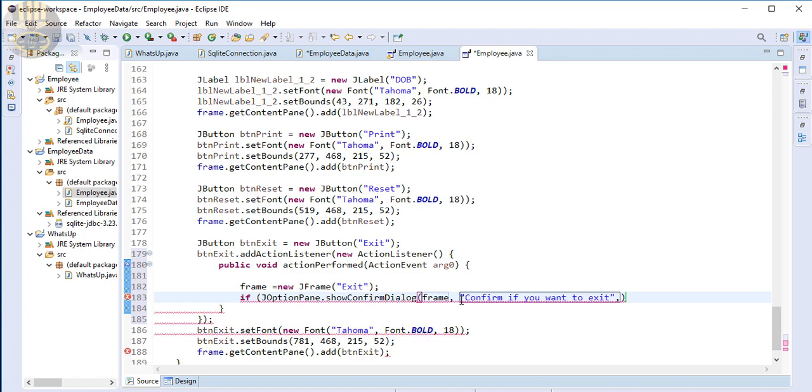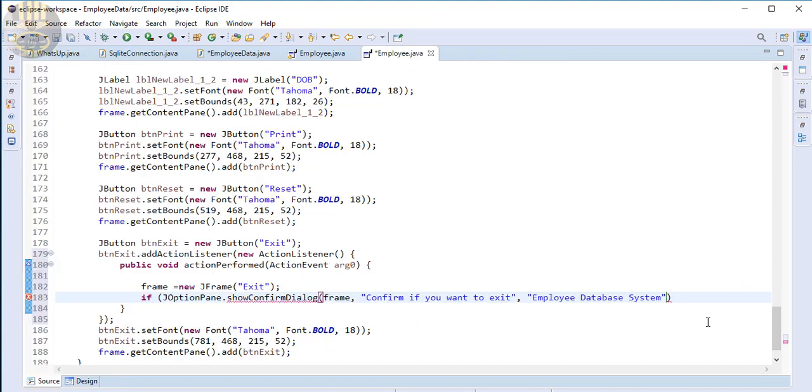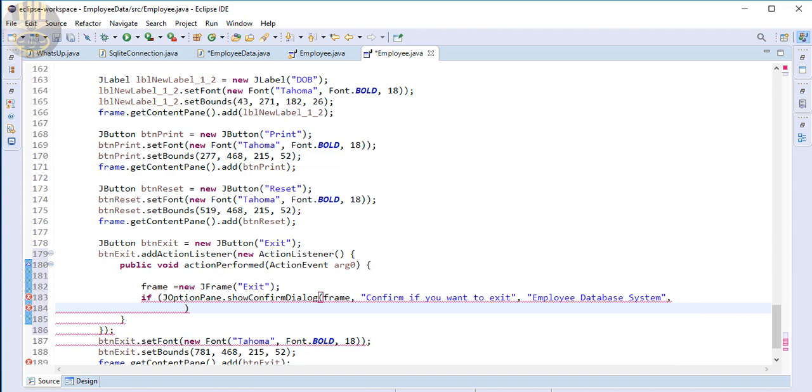Close that, comma, and I'm just gonna give it a name. I'll call it Employee Database System, a comma here for the next argument, which is going to be JOptionPane. Copy that, press enter here, paste that here,